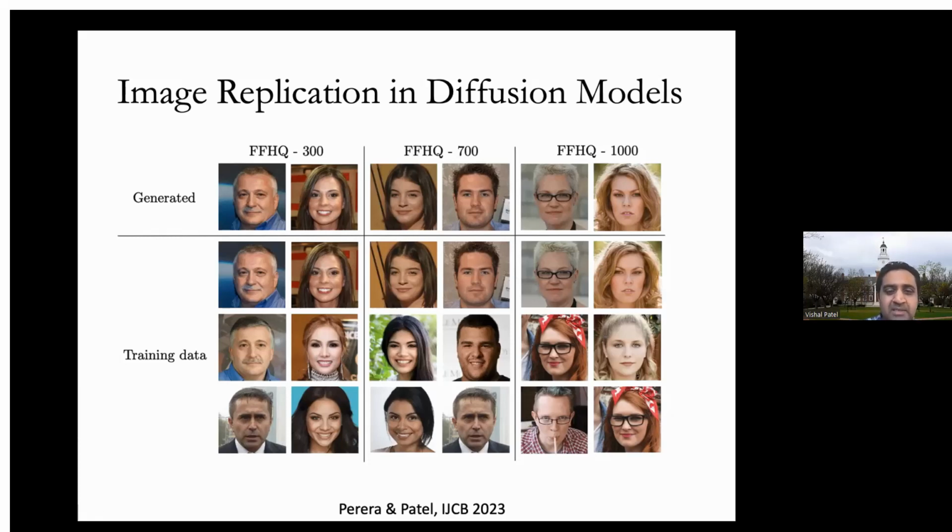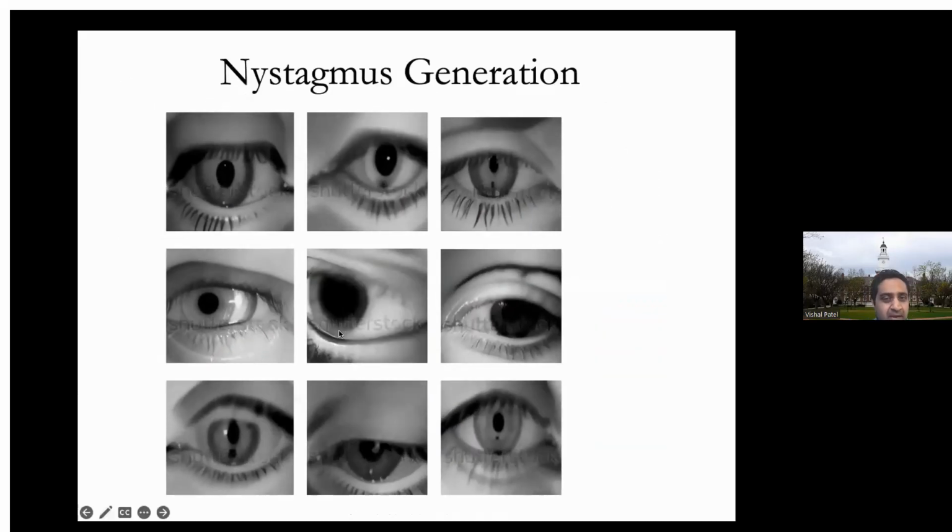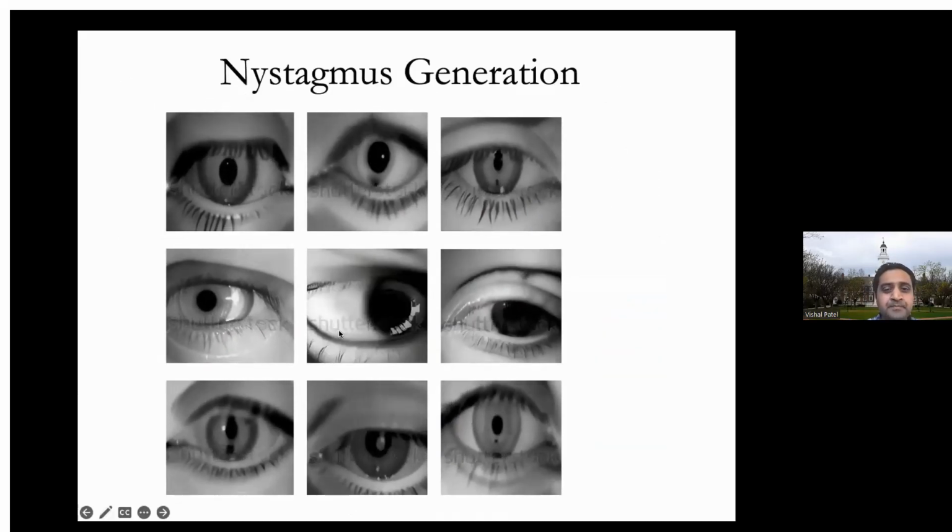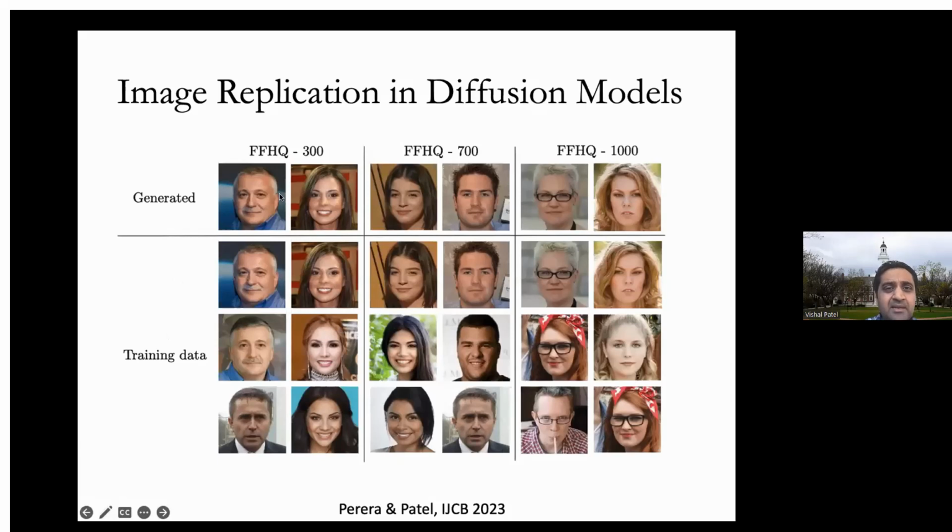On one hand, we are saying that we are able to generate very high quality images and videos, but on the other hand, they're not actually learning, they're not actually generating something novel, but rather they're replicating. They're basically replicating the training samples. So are they really generating anything new? And this is a big problem. And not only